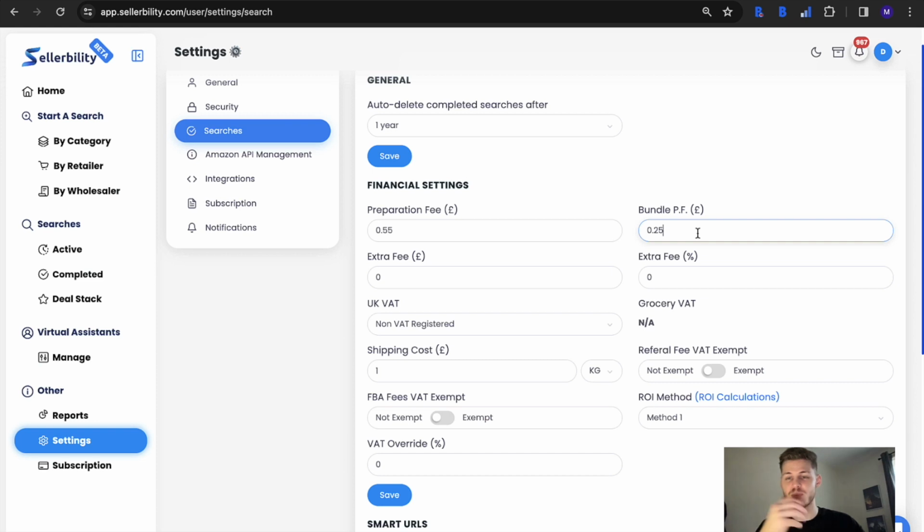You have your bundle prep fee. So if you've got items that are part of a bundle, you can have an additional fee. So whatever that is, which is something that you can find out from your prep center, then you just enter that in here. If there's any extra fees that you want Sellability to take into account, so it could be